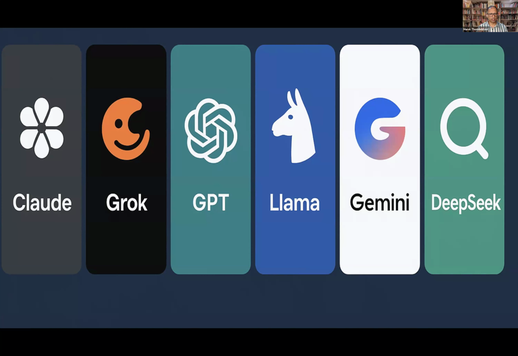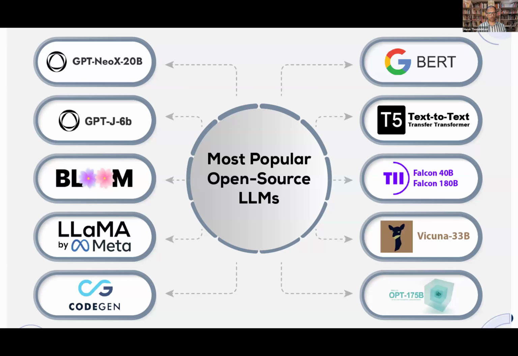Now, these models are called the frontier models. That is, these are the models which have been trained on the biggest data sets. They have the maximum parameters and they are amazingly fast. So these are what we call frontier models. Then we have what are called open source models. There are a lot of AI companies working on these and they are freely available. When I say freely available, ChatGPT does charge you a little fee for every transaction if you start using it on a regular basis. So these are free models which are available, and one of the most popular of these is Llama by Meta. Of all the open source models, Llama is the model that can be used.